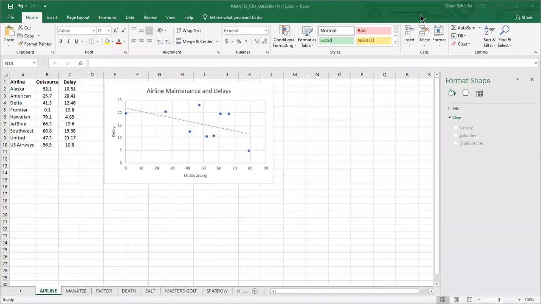All right, let's look at how to find the correlation coefficient R for a data set. So the correlation coefficient is going to describe the relationship between two quantitative variables, and it'll help us find our direction and our strength. So to get that, we're going to use the command equals, and I'm going to start